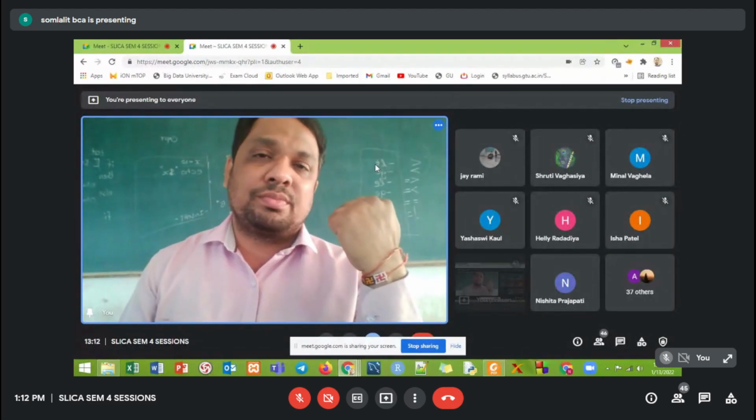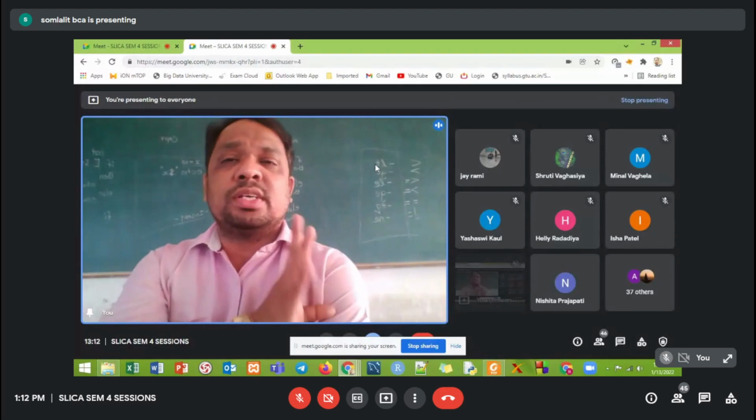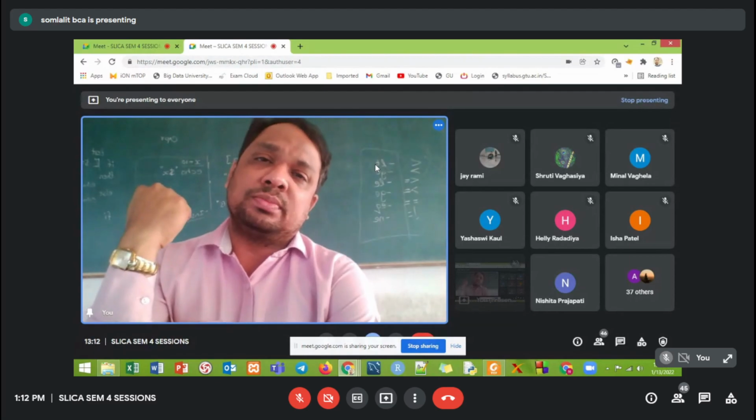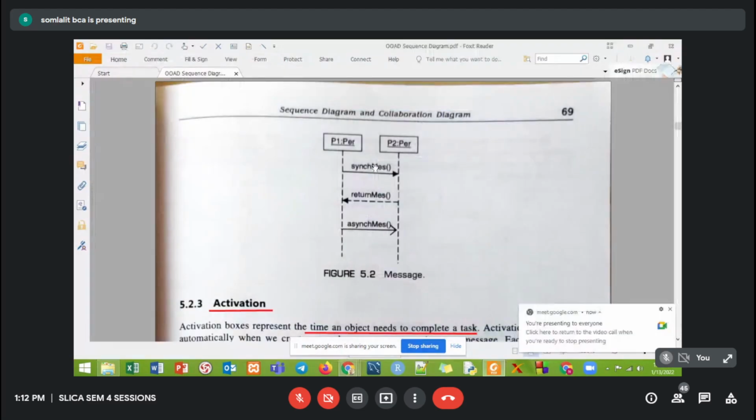Messages can be passed in two ways: synchronous and asynchronous. In the asynchronous way, we don't get the acknowledgement, and in synchronous, we get the acknowledgement. That was the difference. But whenever you give a request as a synchronous message, it will be a filled arrow and the return will be a dotted line. You can go ahead with an open-headed dotted line. That is fine. And in an asynchronous message, we don't get the response.